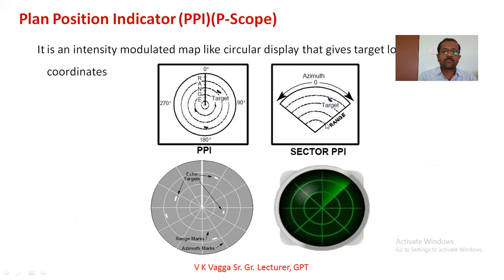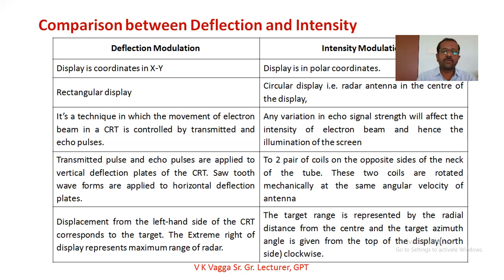Okay, this is about the intensity. It is about the differences between the deflection and the intensity. Understood? Okay, it is two coordinate. One coordinate is indicated with the polar, and it is of the rectangular display. It is of the circular display, and it is to be controlled by the